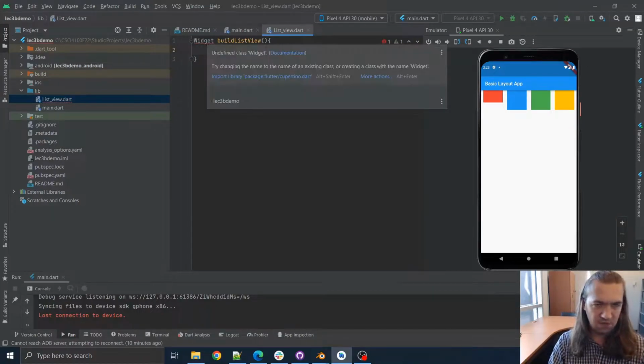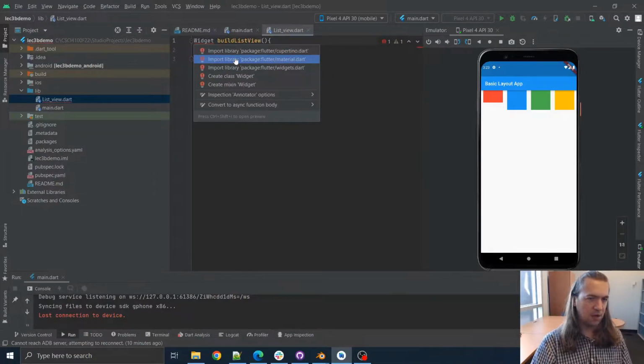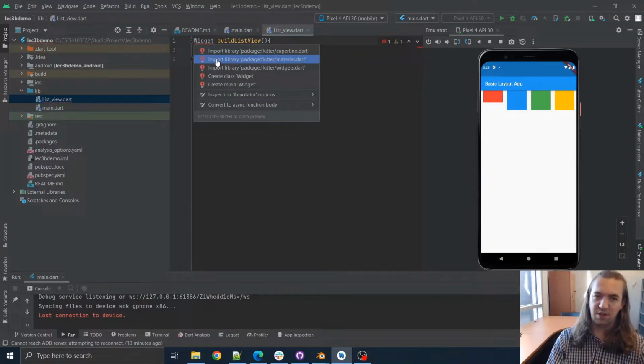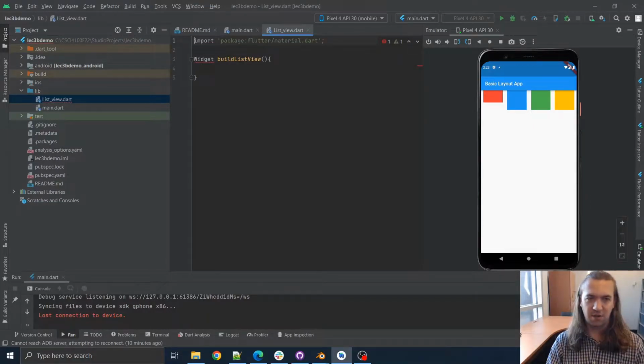And I do need the material or Cupertino package. Yeah, there we go. So I saw the error, I clicked on it, it said you're missing the library. When I click further, I can get to where it says import library package Flutter material, and I can just click on it, and now the error goes away. Now what's the problem? Okay, null is not going to be returned because we're going to return a